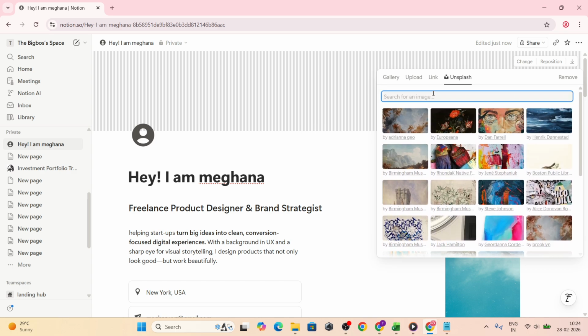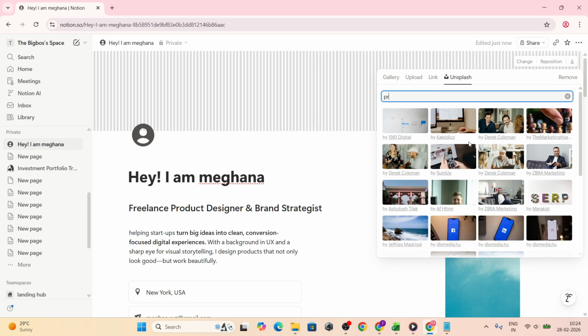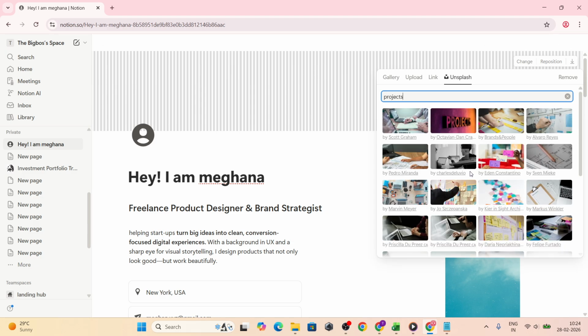First, pick a pre-built template for a head start. Templates are great because they offer a polished structure you can customize. Give your page a clear title and a short tagline, like your role or specialty, so visitors immediately know what